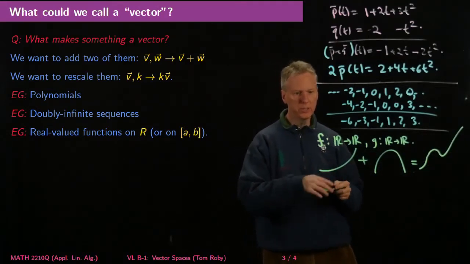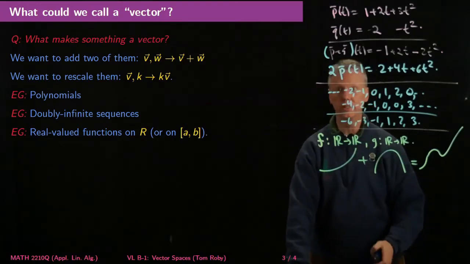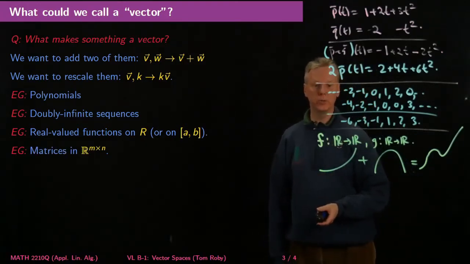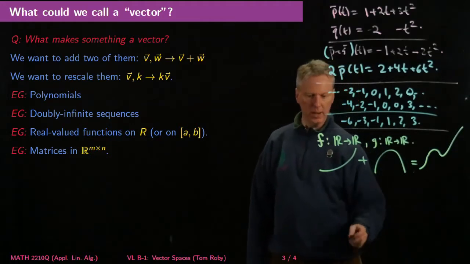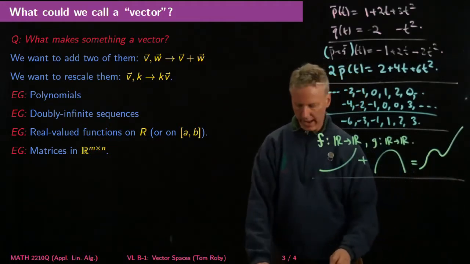So I can add those, and certainly if I know what a function is, I know what twice that function is. So that's another good example of something where I can do addition and rescaling. And a fourth example is matrices, right? Certainly I know how to add two matrices,